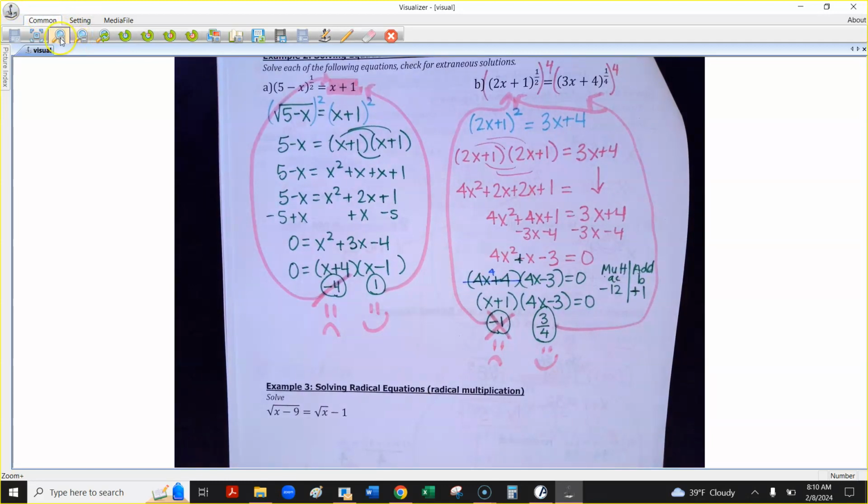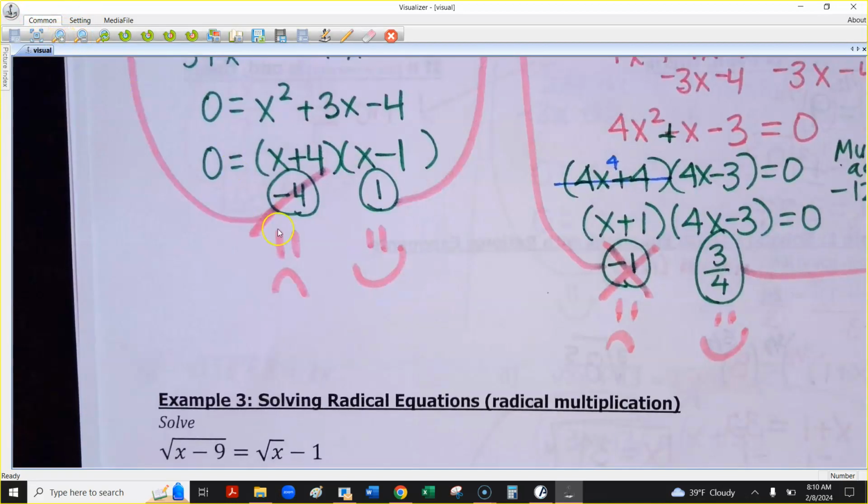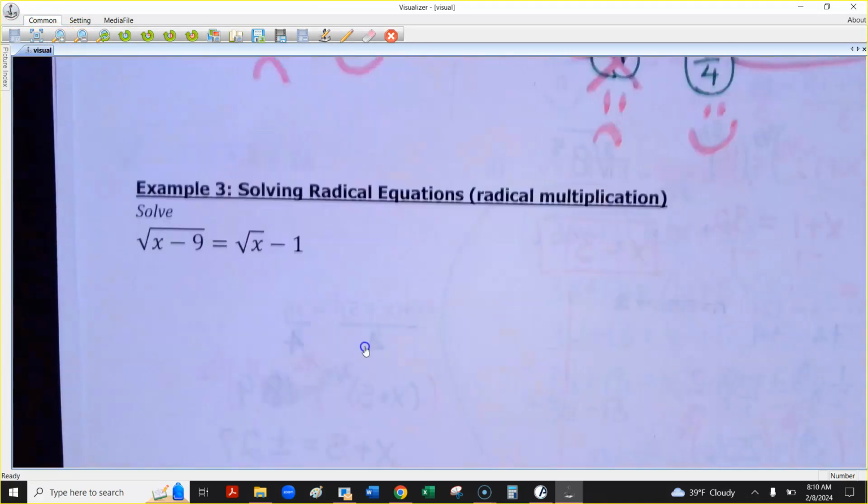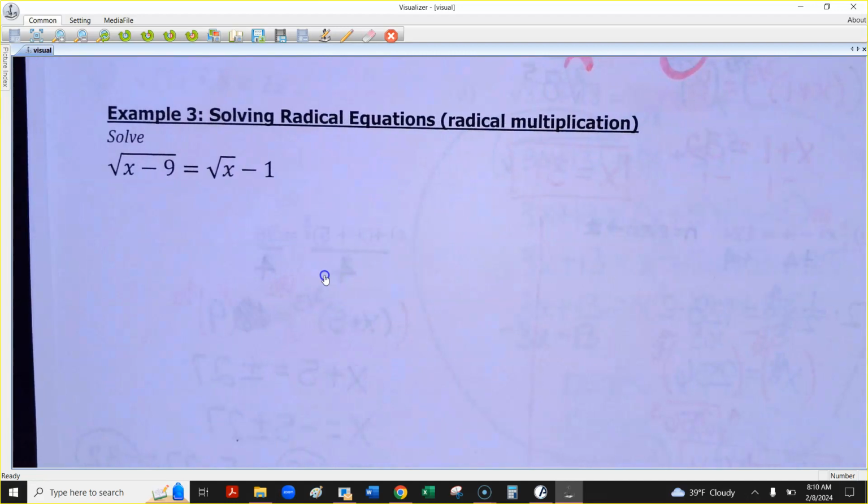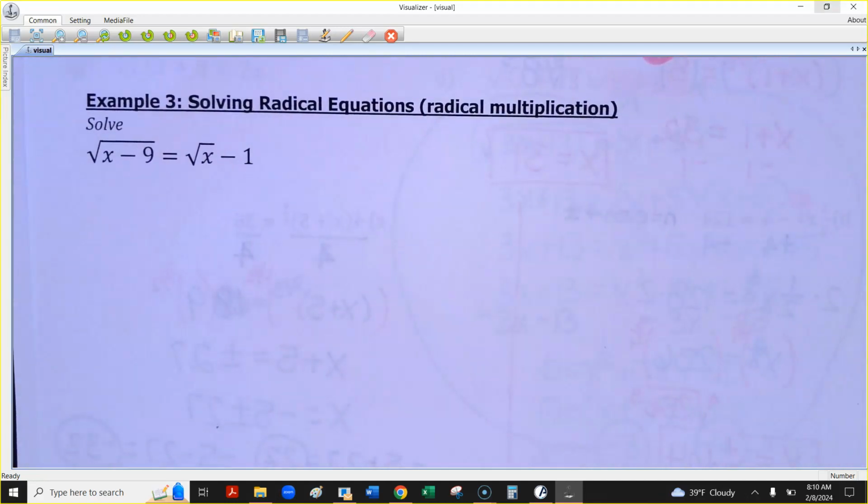Okay, now, literally the only reason I have this bottom problem on here is because there is a bonus question on the test at the end of this unit that looks like this problem. I will not lie to you, this looks really garbagey and difficult, but it's actually not too bad to do. You just have to remember, when you get your answer,